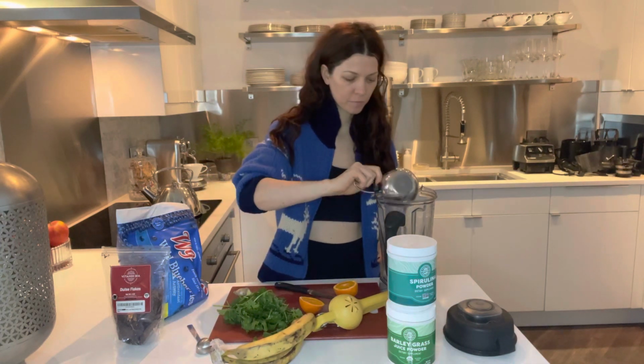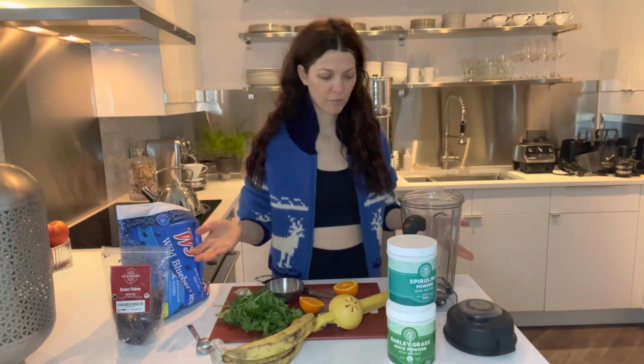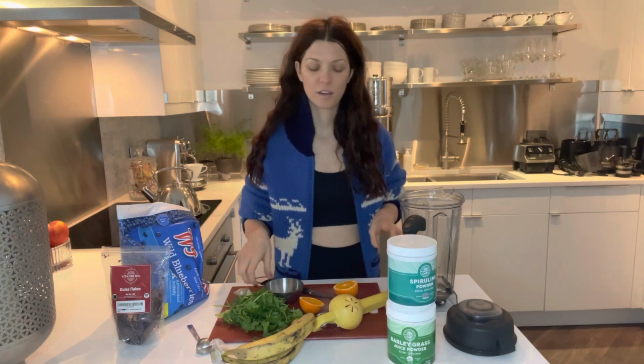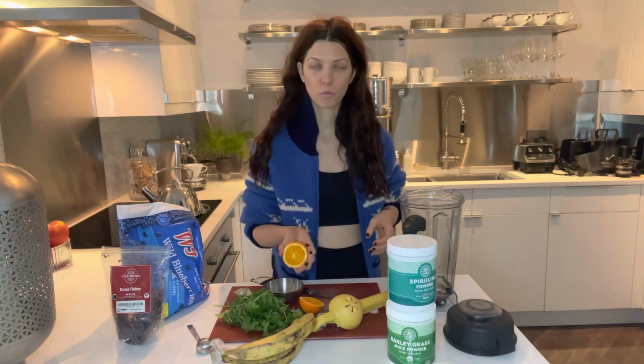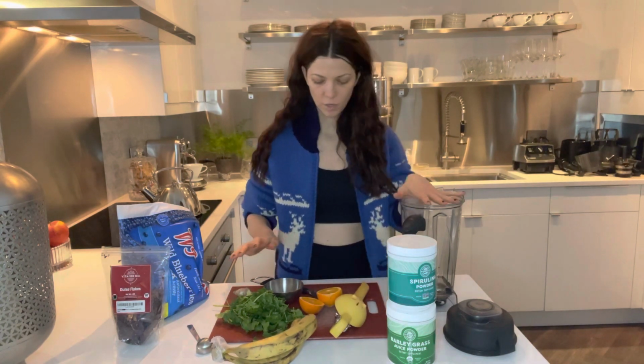So first things first is 1 cup of water. Because I'm drinking it shortly after, I'm just gonna keep the 1 cup of water. When I pack it for my husband and he drinks it later in the day, wild blueberries get super gelatinous, so the smoothie tastes better right away. But when you have to be on the go or drink it later, I always add an extra half a cup of water. You could also add in more fresh squeezed orange, but I just do a half cup of water. So 1 cup of water,